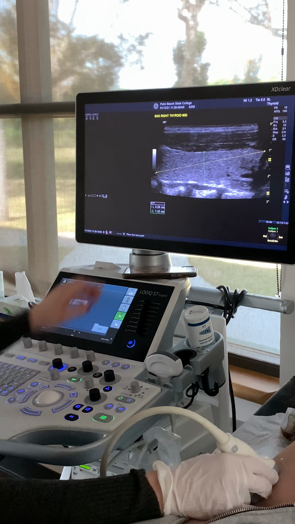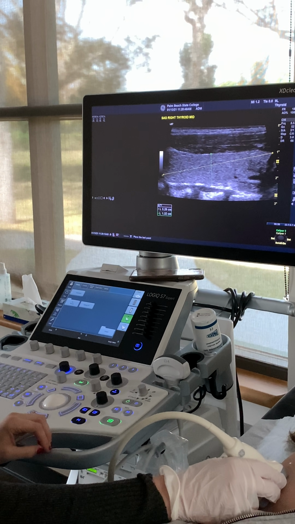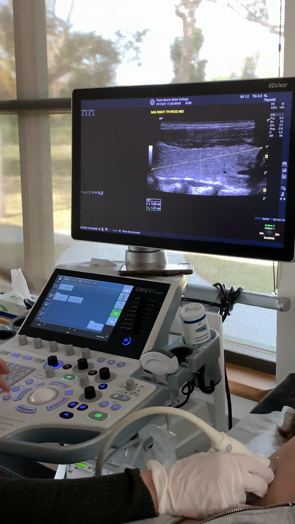So for her, I did turn the virtual convex on, so it's kind of pie shaped, just because her thyroid's a little bit longer. So you want to measure from border to border. You guys can see